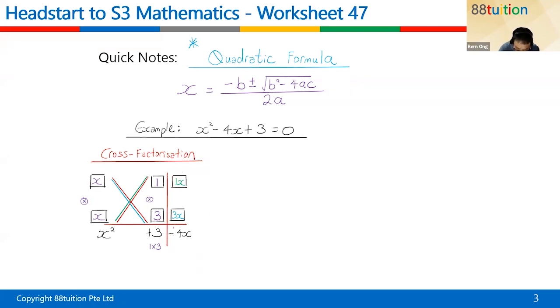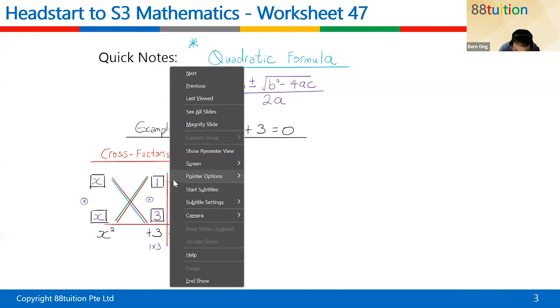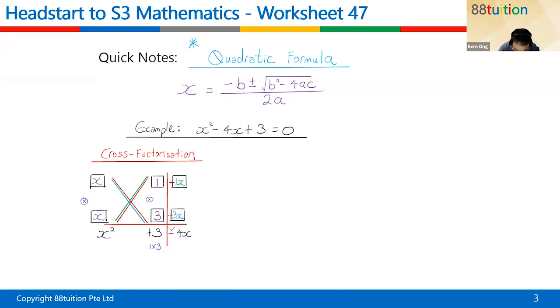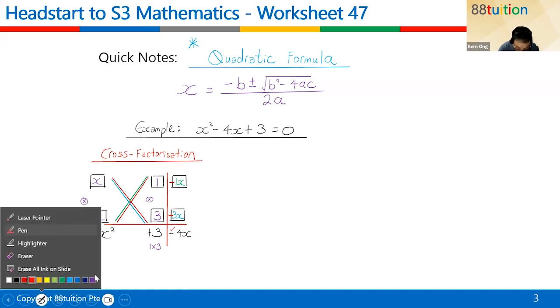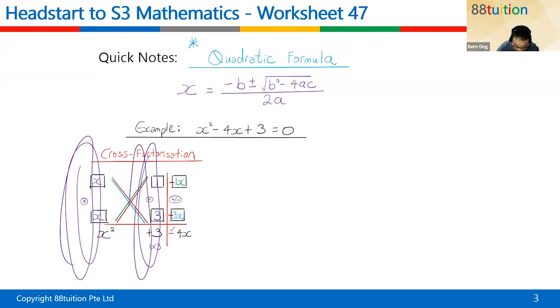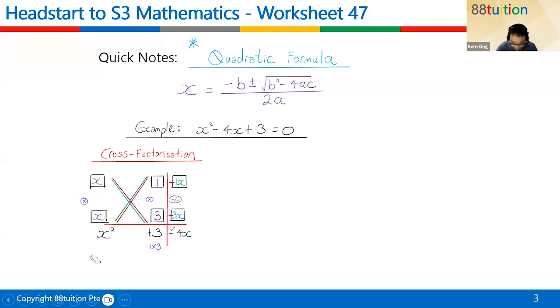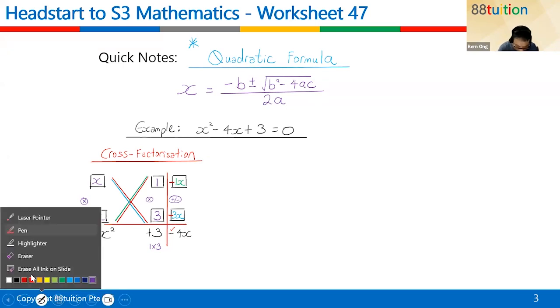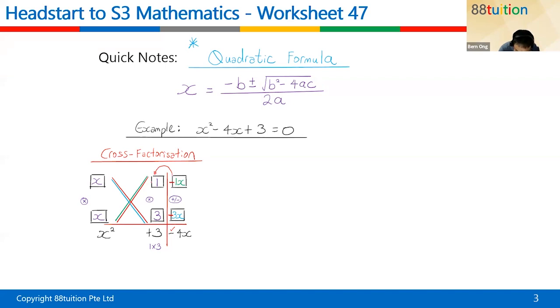Last column down here, your answer is a minus 4. So you are supposed to put in a plus or a minus to balance it. In order to get a minus 4, I need to put in a minus here, because it's minus 1x minus 3x to give me the minus 4x. That's the only possibility. So in the last column, it's only about plus or minus. The first column is about times, the second column is about times, and the last column is only about plus or minus. So minus 1x minus 3x will give you minus 4x. That's correct. Then you purposely bring the minus in front to put down here.